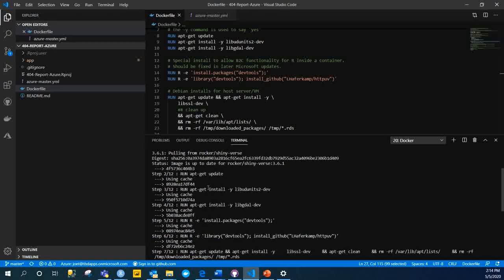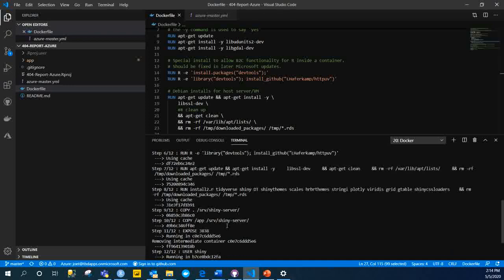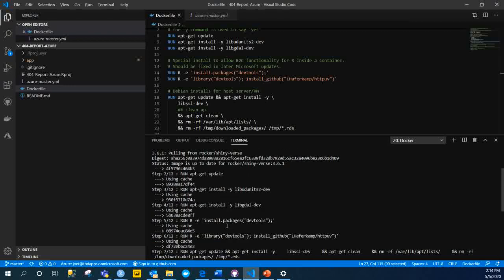Docker just ripped through these steps, but that's because it's using a lot of cached information. So when you run this the first time, this should probably take 10 to 15 minutes just to get the Shiny server installed on that computer, and it may be more depending on how large the app is. So the first time it'll be kind of crazy, and that's actually why it's so